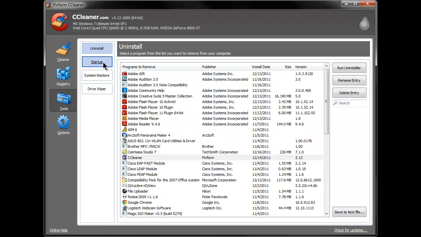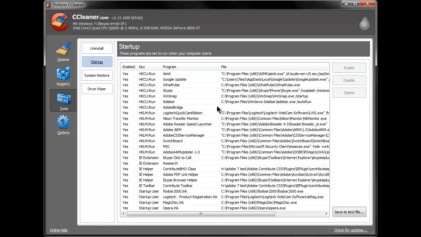Startup. Startup is when your computer starts up, certain things launch. A lot of printers will make their own little programs start, which can chew up your RAM and be annoying. If you have, say, like an HP printer or something that has a bunch of stuff, you can come in here and disable it, which is nice because then your computer starts up faster and everything just kind of runs faster in general. So we have here a bunch of Internet Explorer things, and I don't use Internet Explorer, so I'm just going to disable all of them